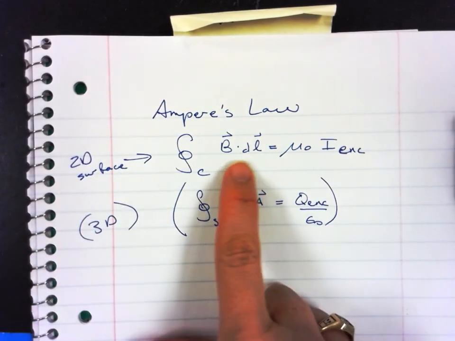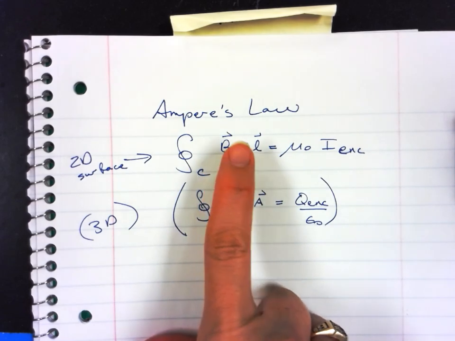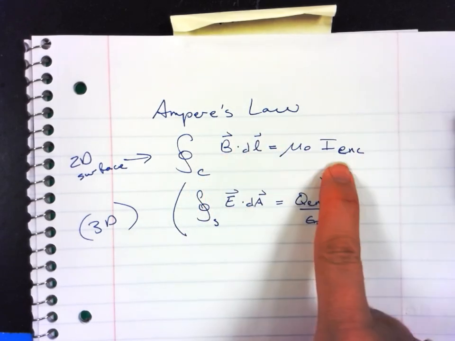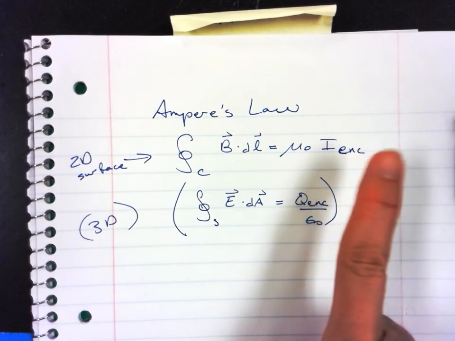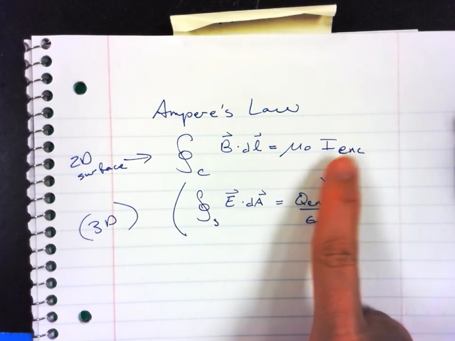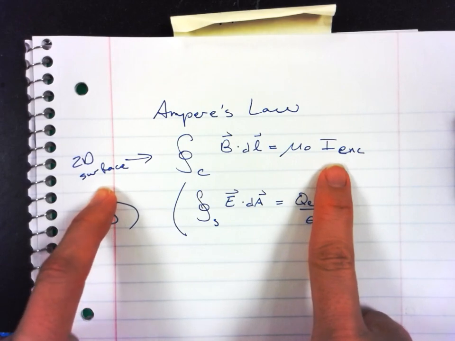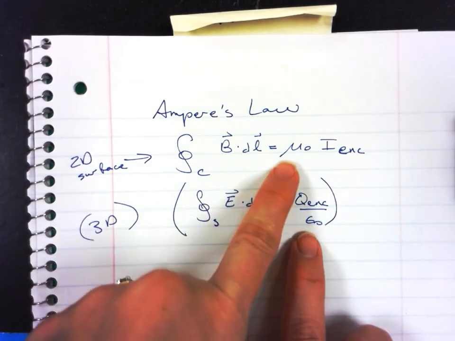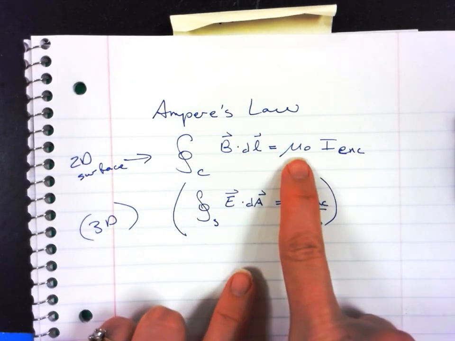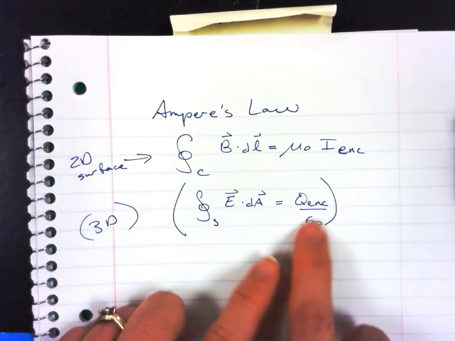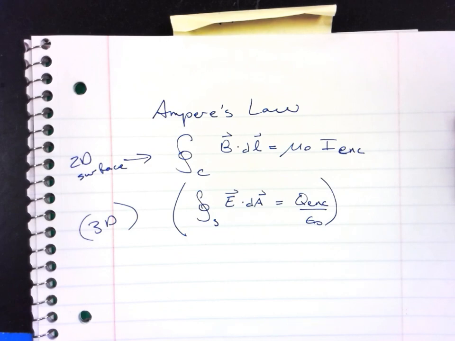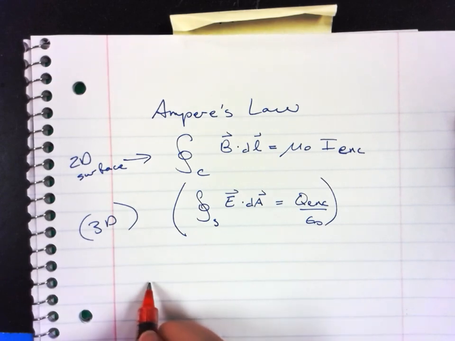And then that magnetic field strength only depends on how much charge goes through, bad teacher, how much current goes through that 2D surface. Notice we also have our new constant, and besides switching constant, it also switches location. It's multiplied instead of divided by. That's an observed fact. So to give you an example of this, I'm going to draw